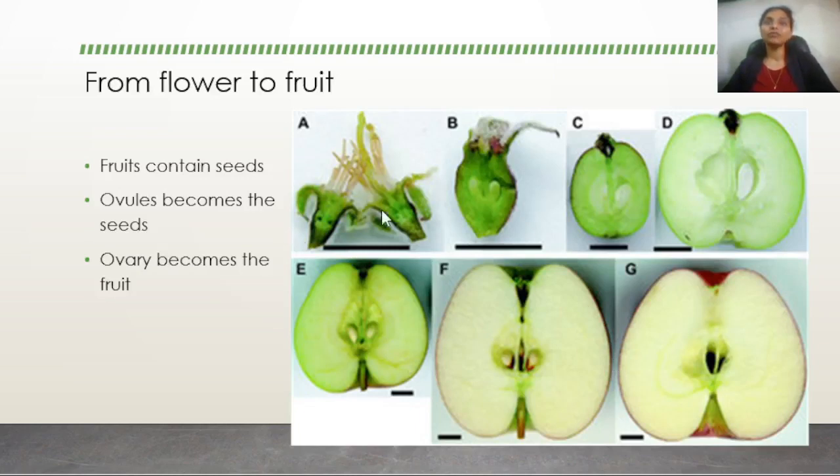Let's take a look at how the flower transforms into the fruit after the process of pollination. So once the process of pollination takes place, the ovules inside the ovary of the flower transform to form the seed. This is how an apple develops from the apple flower. And the ovary, that is the whole vessel which carries the ovule, becomes part of the fruit. So the ovule transforms to form the seeds, and the ovary transforms to form the fruit, which protects the seed and which makes sure that some animal is going to come and pick up this fruit and eat it, so that the seeds can be dispersed into the environment.